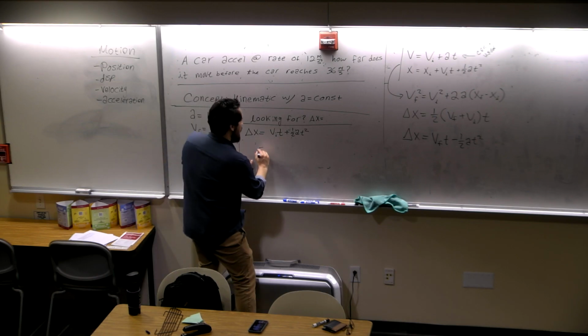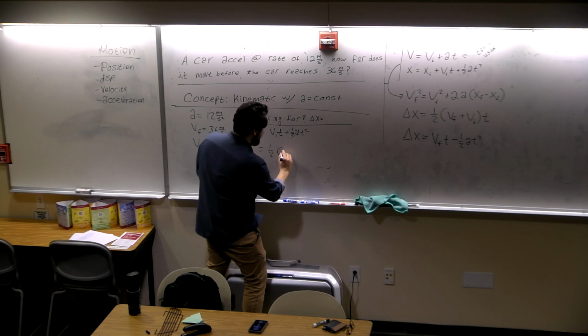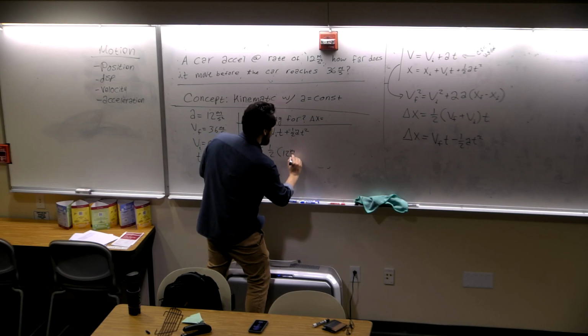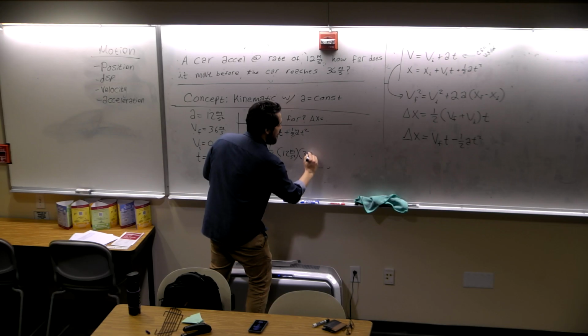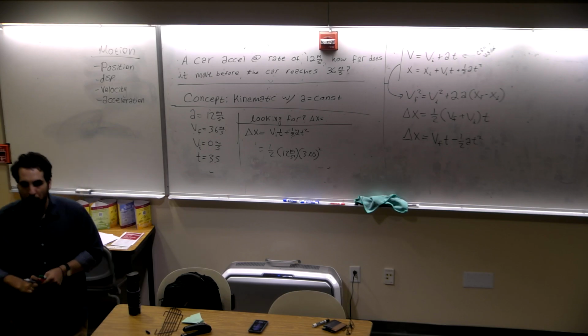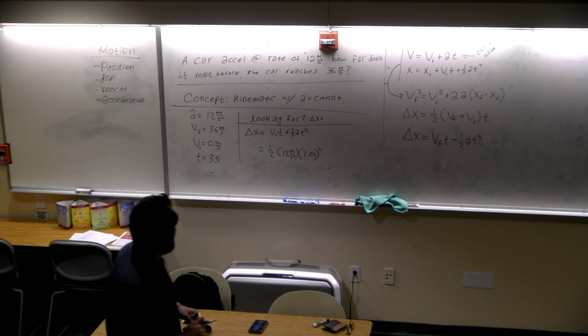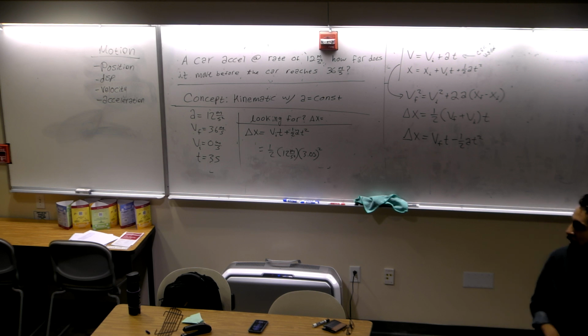And what this would mean is that we have 1/2 our acceleration, 12 meters per second squared, multiplied by our time, 3 seconds quantity squared. We pull out a calculator, we do 1/2 times 12 times 3 times 3, and you should get